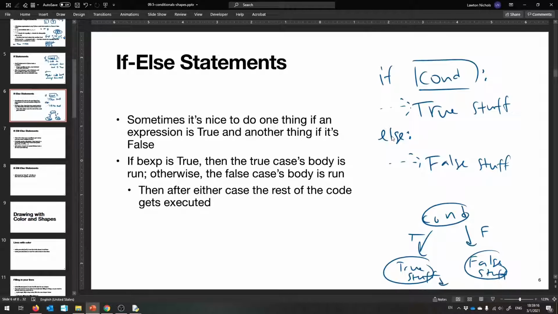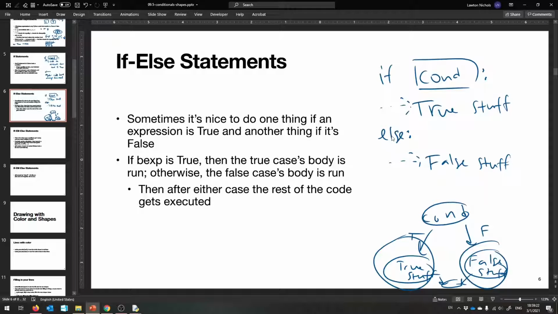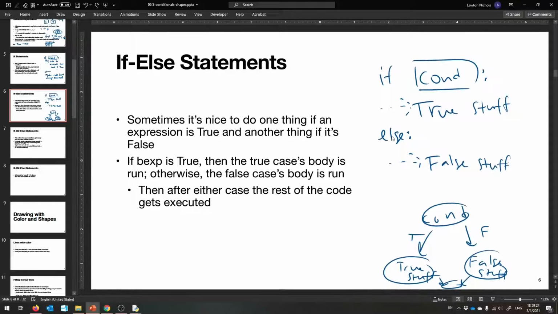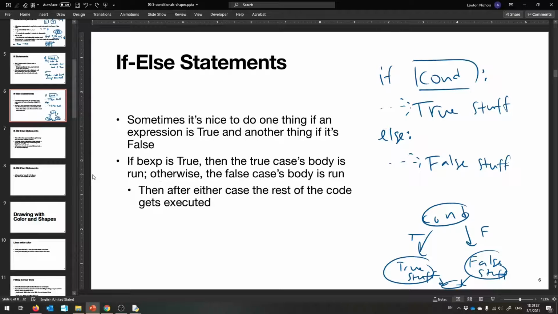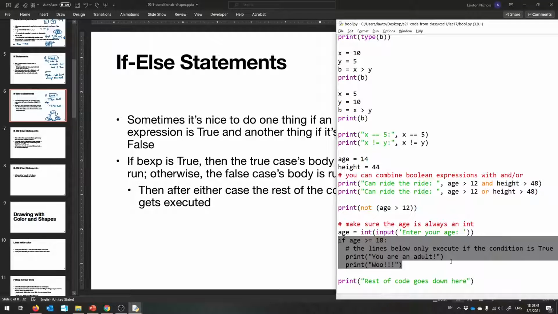And then they come back together for the rest of the stuff down here. They branch out though. Only if it's true does it do the true stuff, only if it's false does it do the false stuff. That's the beauty of it. So just like Scratch, again, it's just in text form. So that's the idea. And the rest of the code gets executed after whichever case had the chance to run. So, for example,